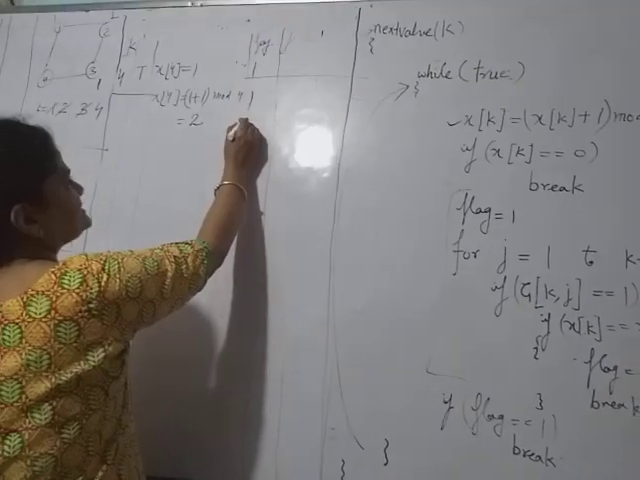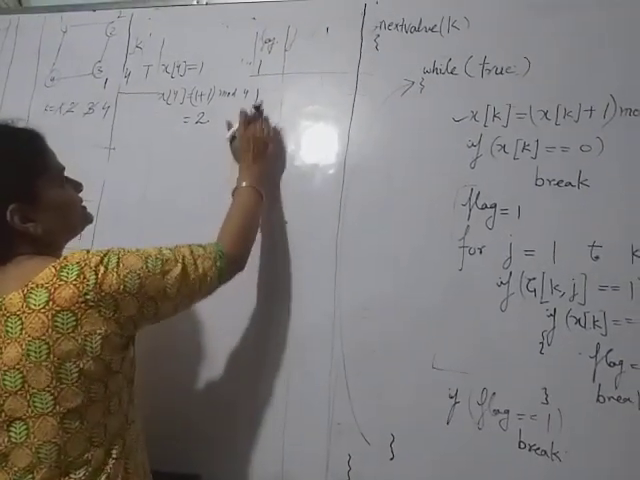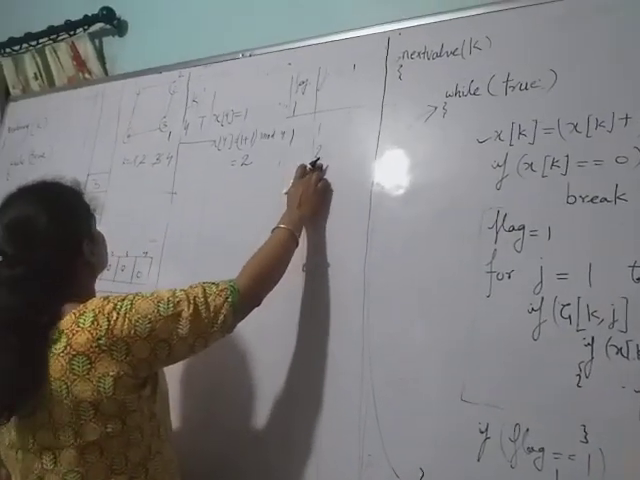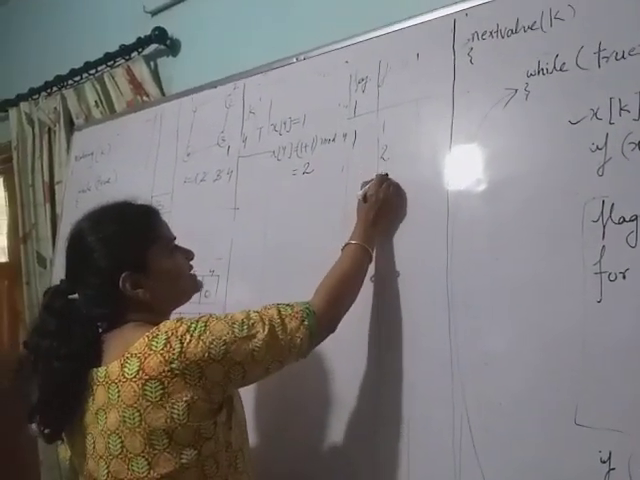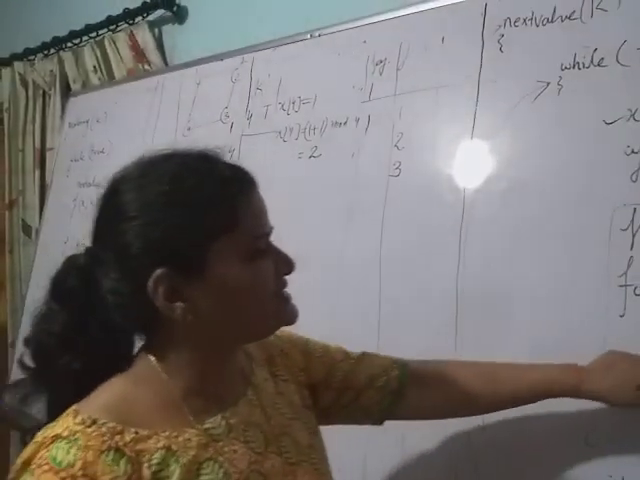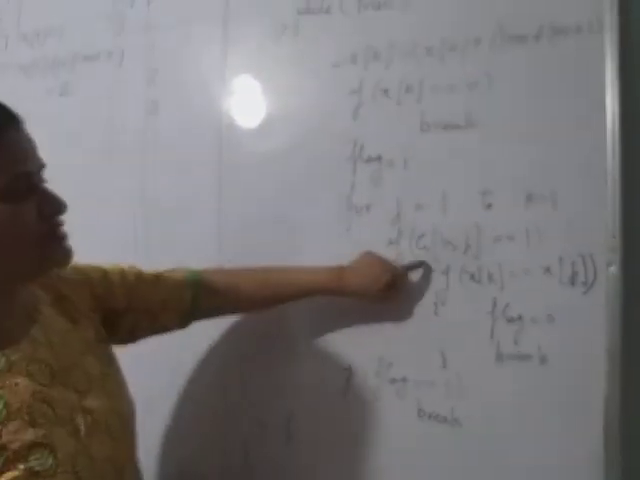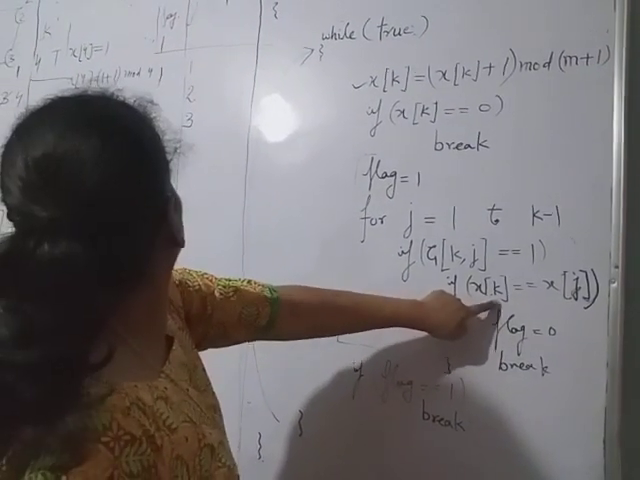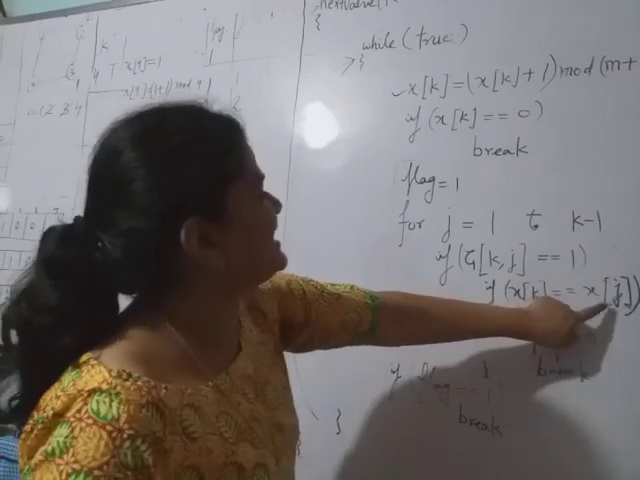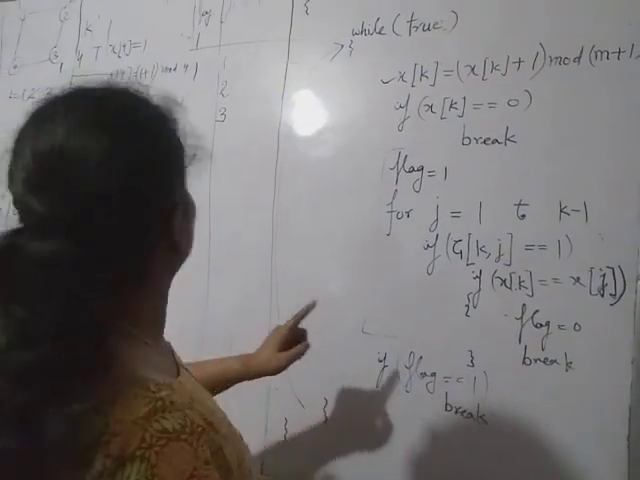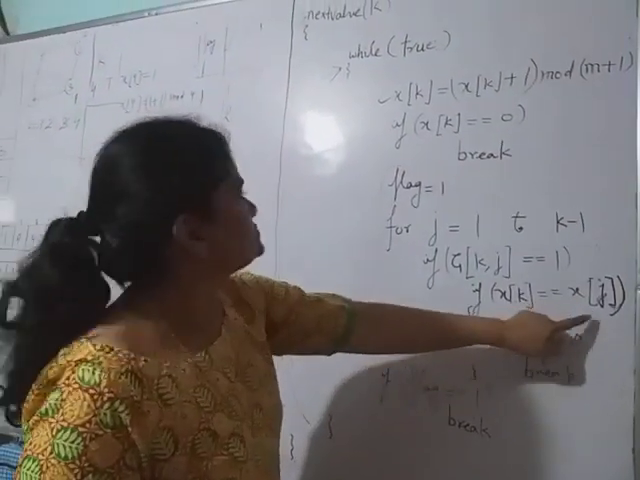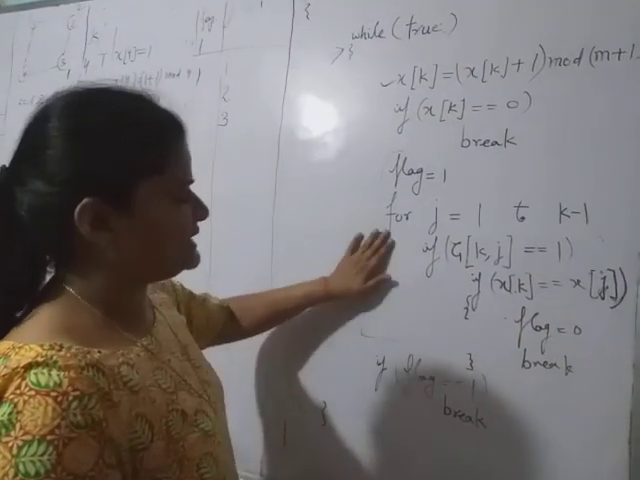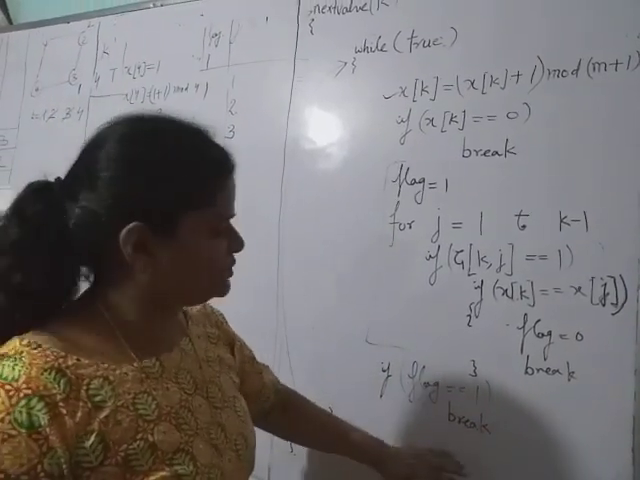Here see the value of j. j is 1, then j is 2. 2 is not adjacent, then j is 3. 3 is adjacent to 4, and x4 is 2. x3 is 1. So it means both are not equal. So the whole j loop will run, and after coming out, the value of flag is 1, so it will come out